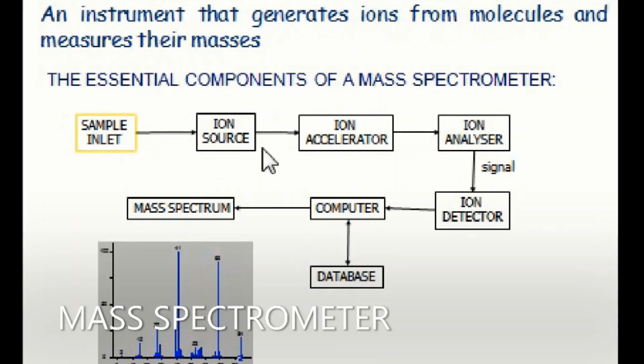Those are all the things that you have to study in detail separately for each component. For the ion source there are a number of ionization methods, for the ion analyzer there are a number of analyzers, and even for the detector there are a number of different types of detector. That's what you have to study in detail. I hope the basic principle is clear to you all, and I'll continue with the same lectures one by one. I'm going to tell you the details of each component.